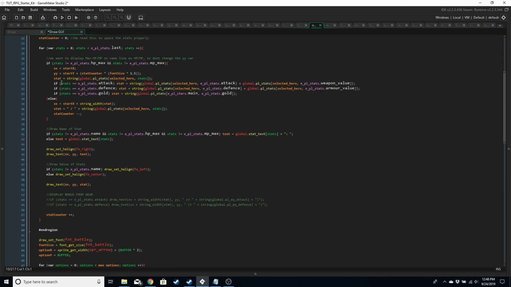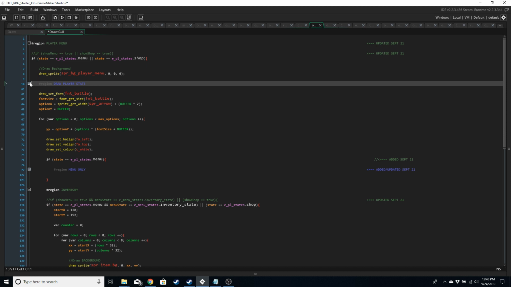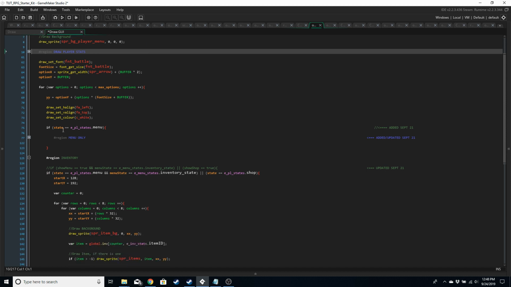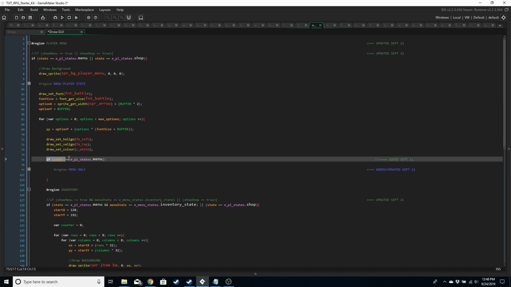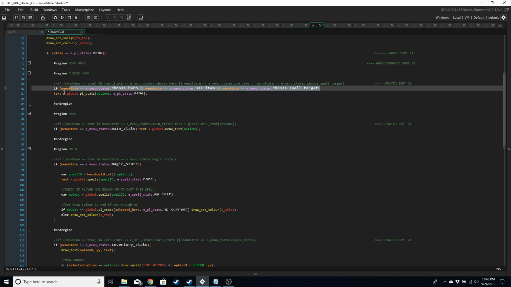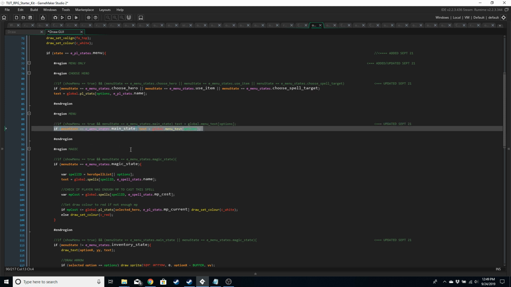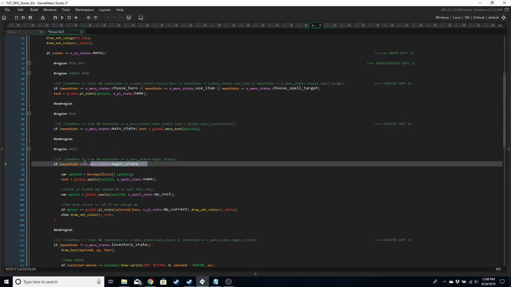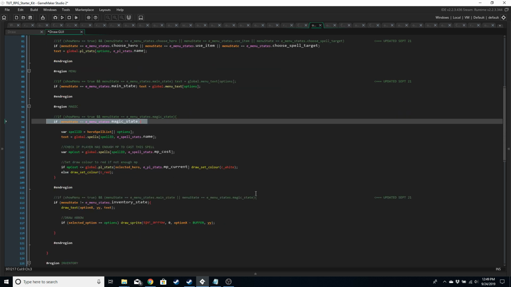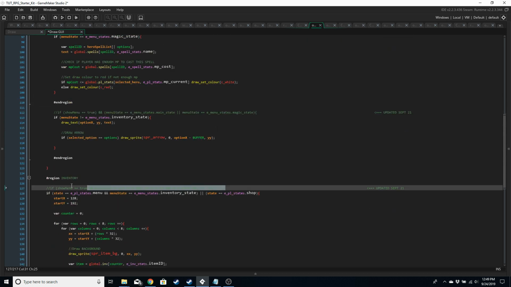Draw player stats hasn't changed. So we've added to check for the menu state here. And in the menu only region, we've changed this line to this, line to this, line to this, line to this,